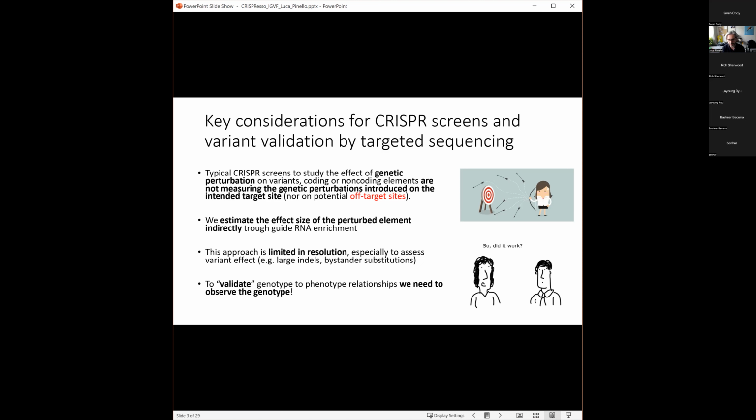And I want to take this slide to pause one second and reflect on this point. So we need to observe the genotype. If we have precision tools like prime editing, we can truly say that we validate a variant. So with this in mind, now I can talk about the tool, and how you can quantify